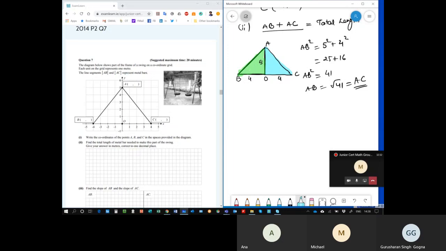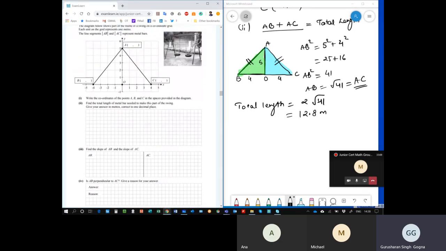So AB plus AC, you will get 2 root 41, and now you can use a calculator. So 2 times root of 41 will give you 12.8 meters. Okay, that's the total length of metal bar needed to make this part of the swing. Now the next part of this question is